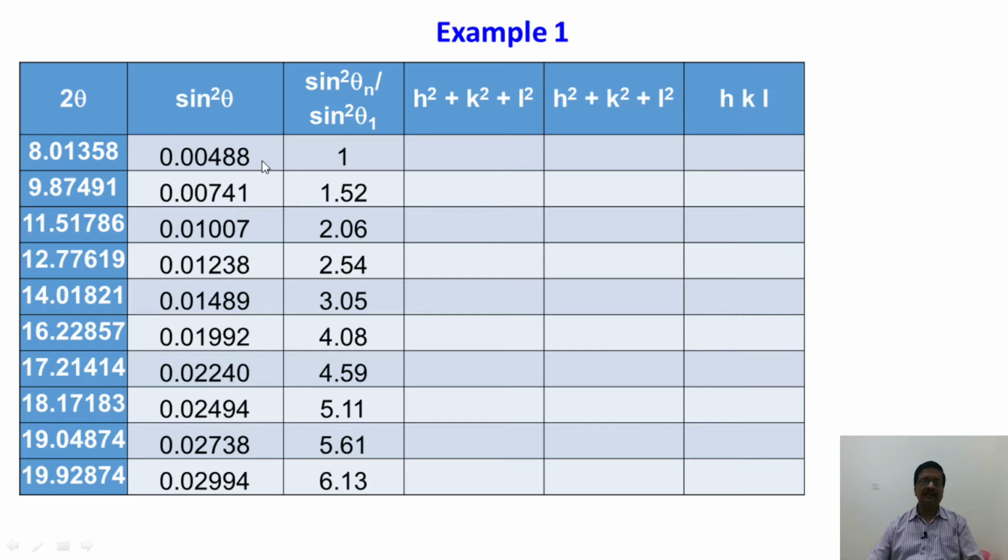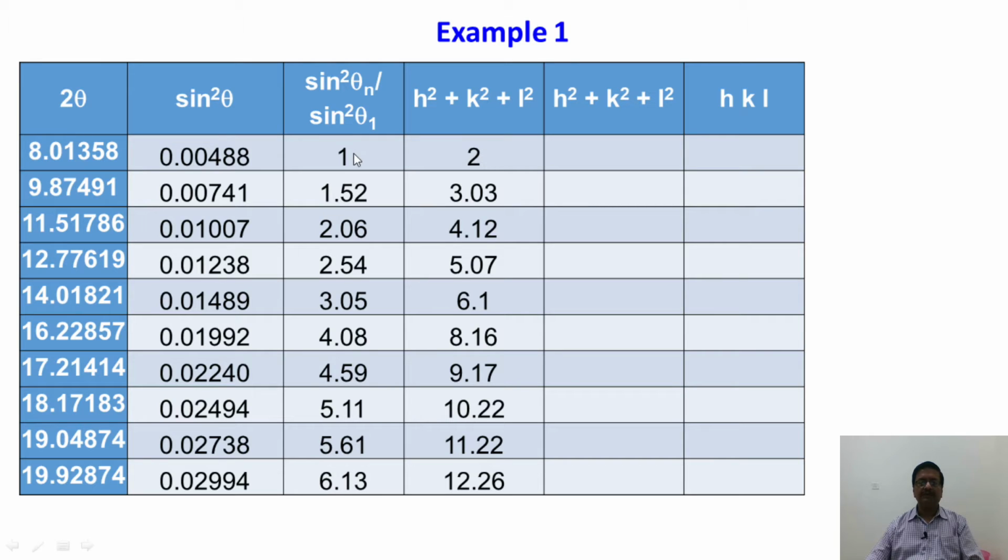That means sin square theta 1 is divided by sin square theta 1, sin square theta 2 is divided by sin square theta 1, sin square theta 3 is divided by sin square theta 1, and so on, and we generate these numbers. Now we keep these numbers approximate up to the second decimal place and look at whether they come close to any integer value. When we do that, we see that these are not integers. So we try to multiply by 2 or 3 or 4, as the case may be, to convert them into the nearest integral values.